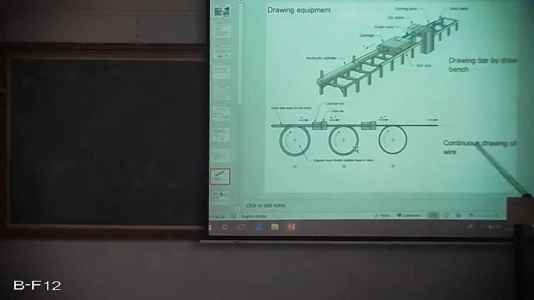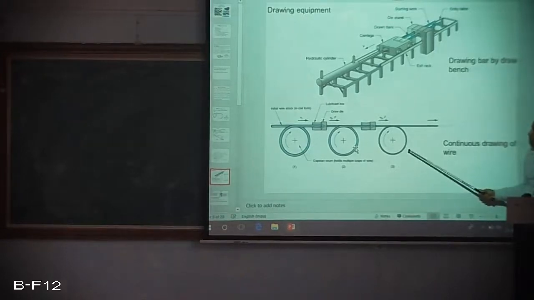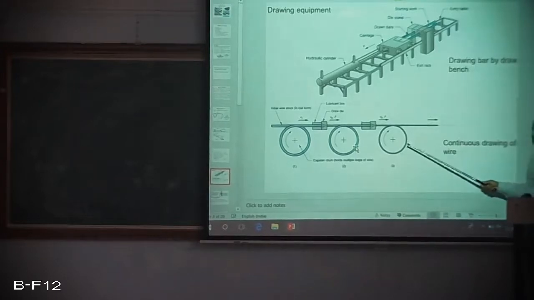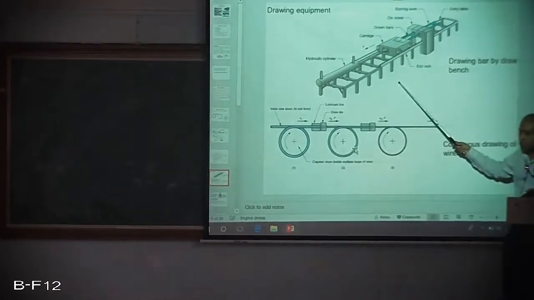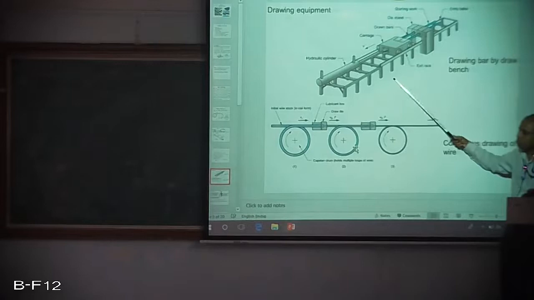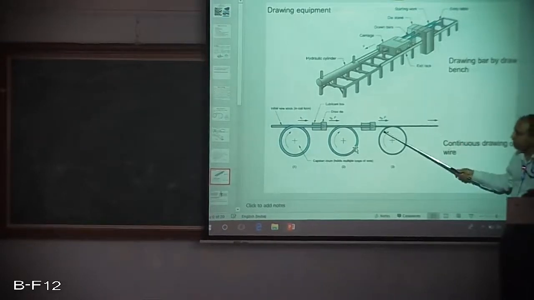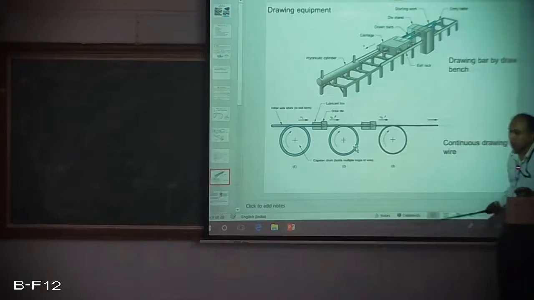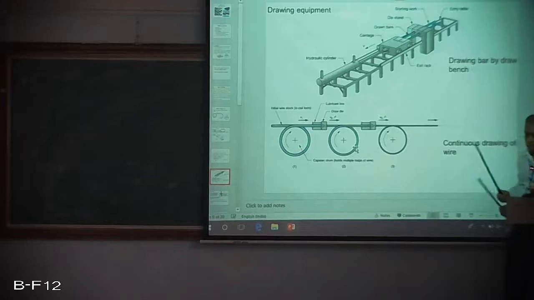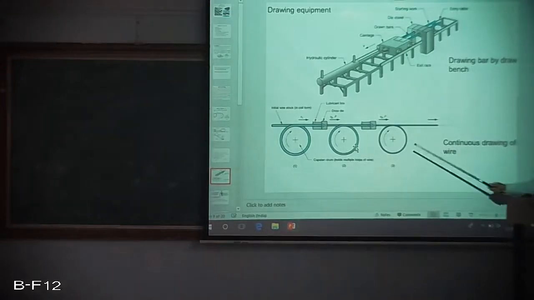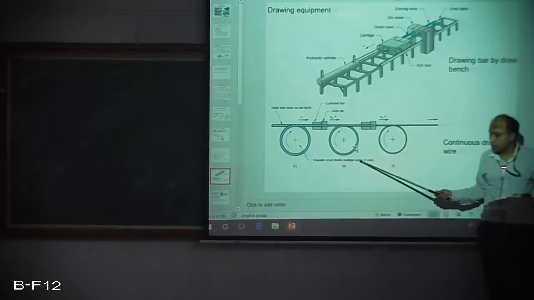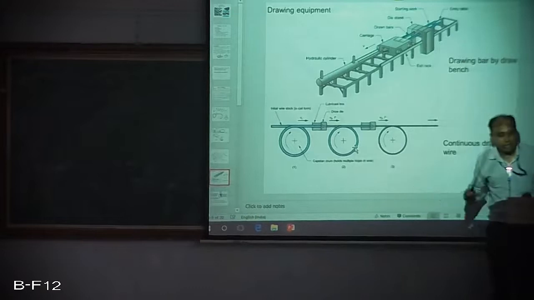So it is a continuous drawing operation for wire. This was wire, these were rods, tubes and so on. What's the difference here? Here coiling can take place, here no coiling is possible. So large floor space is required because no coiling is happening. Only a limited length of the product can be made, but here a large length of the product can be made in a shorter floor space. So the floor space required in industry is very less in this case because coiling can take place. Another advantage is the stepped cone pulley. This has multiple motors, but another example that I had shown in the equipment was your stepped cone pulley. So with a single motor, work can be done.